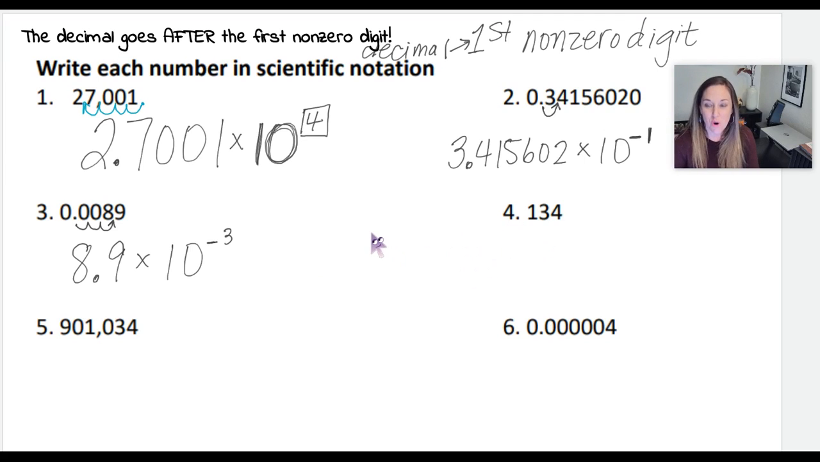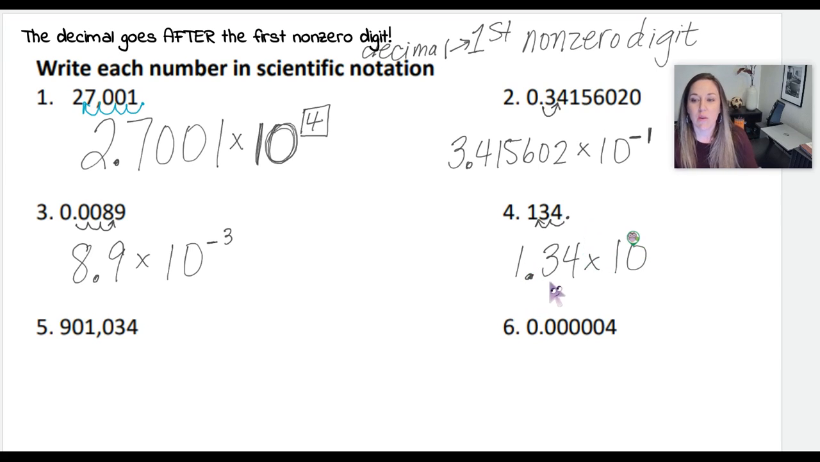Okay, looking at number 4, 134. Where is that decimal right now? It's after the 4. Just like when we write money, $134, sometimes we don't write the decimal and the zeros after it. So right now it's after the 4, and where do I need it to be? I need it to be after the 1. So I put 1.34